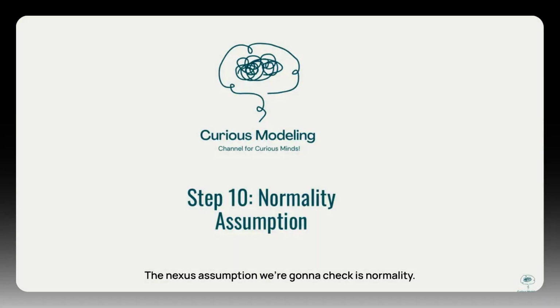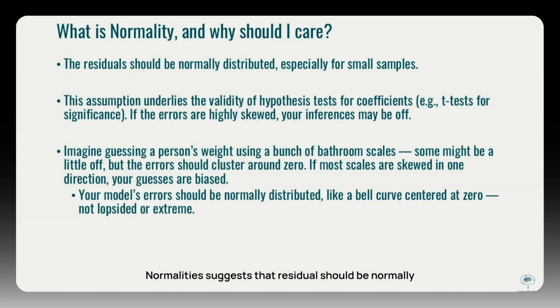The next assumption we're going to check is normality. Normality suggests that residuals should be normally distributed, and this is especially so for small sample sizes. So that might not be the case here. We have nearly 1,500 observations, so we might be okay. We feel pretty good about the robust nature of our model, but that said, this is still something we need